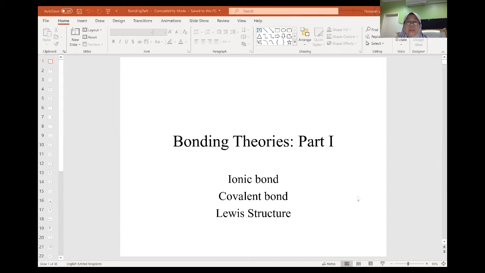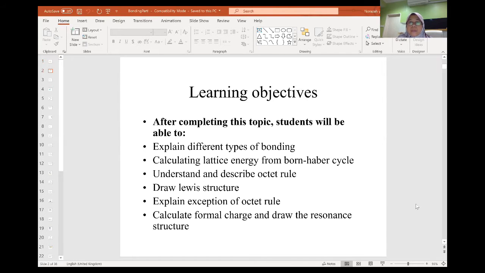So for bonding theories part 1, there are 3 parts: ionic bond, covalent bond, and Lewis structure. The learning objective will be for you to be able to explain different types of bonding, calculating lattice energy, but however, we will skip this for a while. Understand and describe octet rule, draw Lewis structure, and explain if there's any exception of octet rule, calculate formal charge,